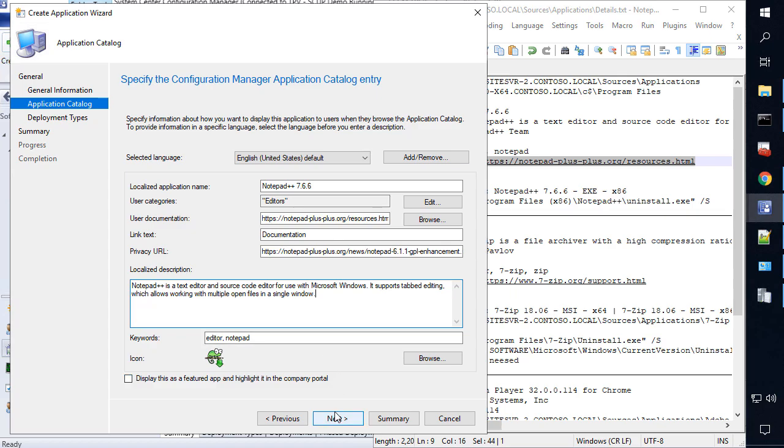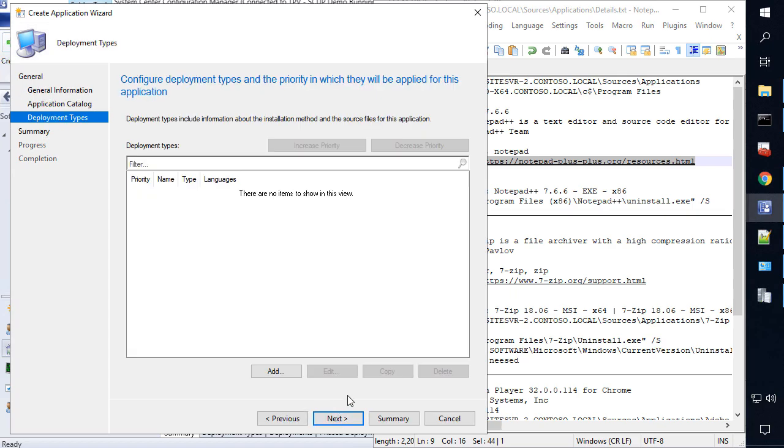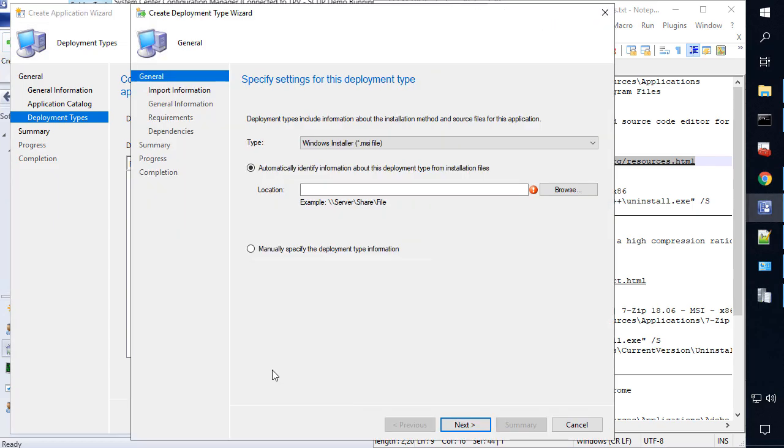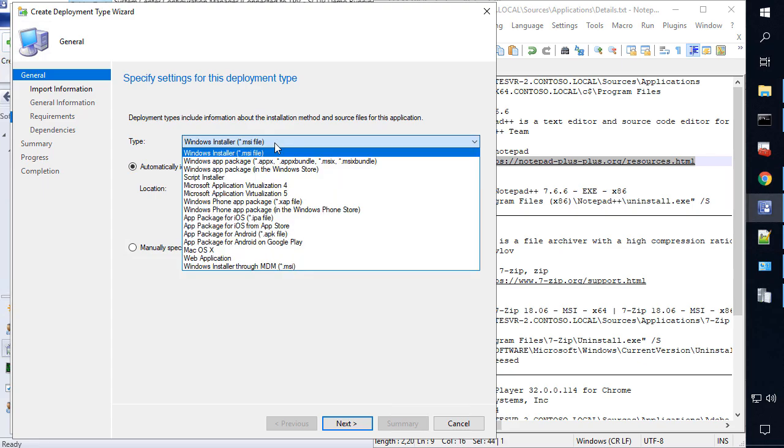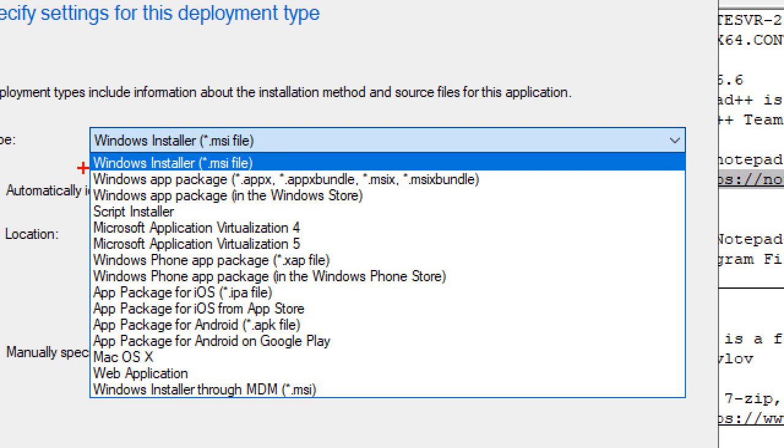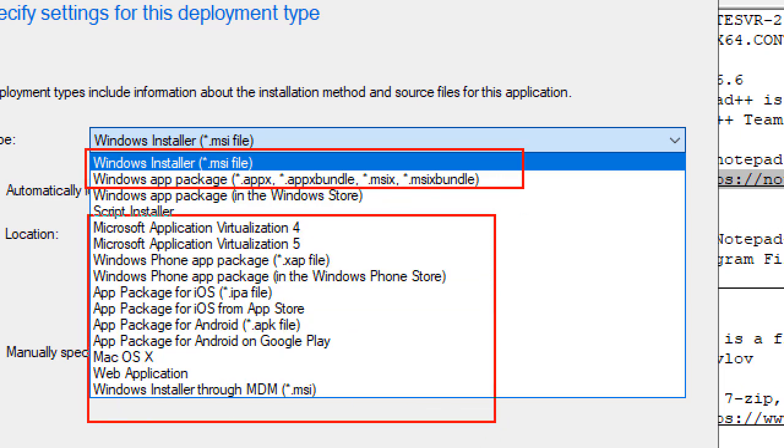All right, so I filled in some of the metadata for the application catalog. I'm going to choose next here. And now this is where we can come in and create our deployment type. So I'm going to go ahead and choose to add a new deployment type. So that's going to be where we point out to the installer. But this time, we can see that there's no built-in deployment type for an EXE. So for example, it's not an MSI, it's not AppX,